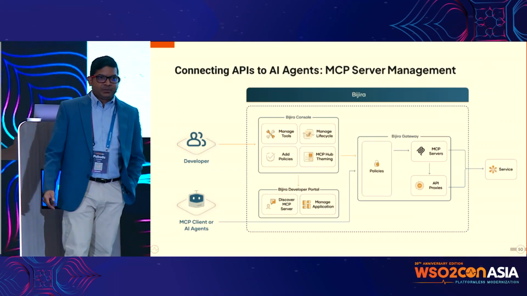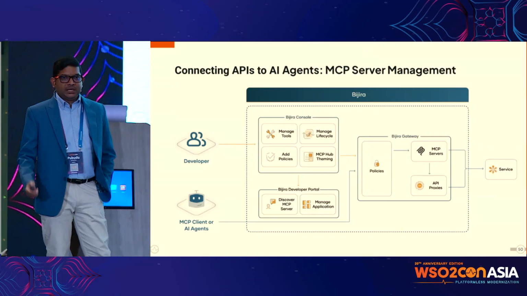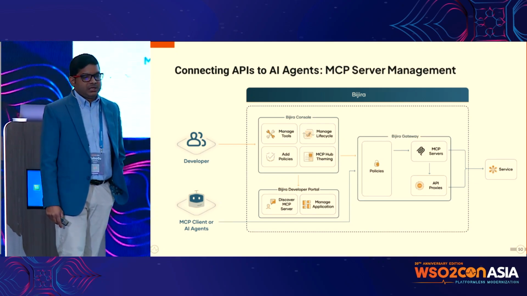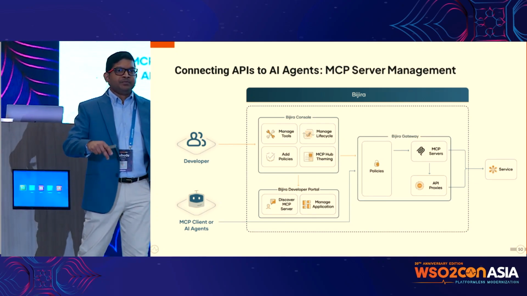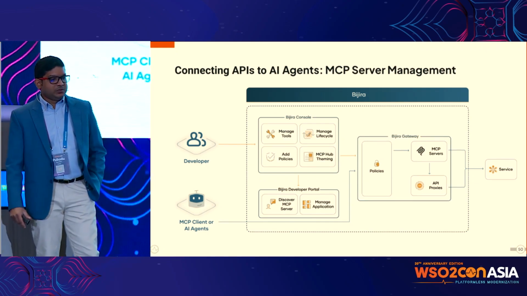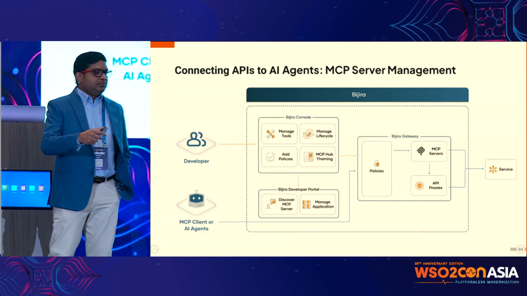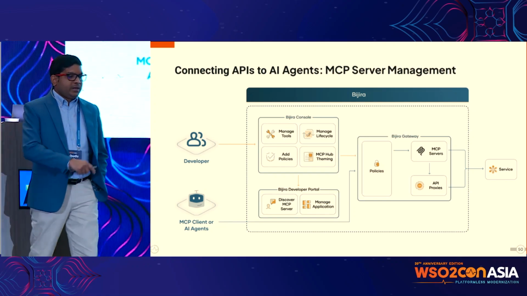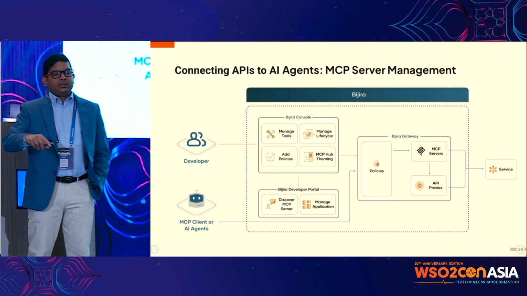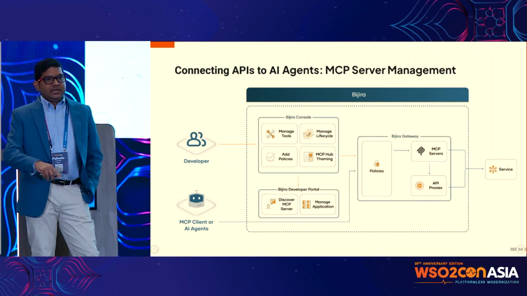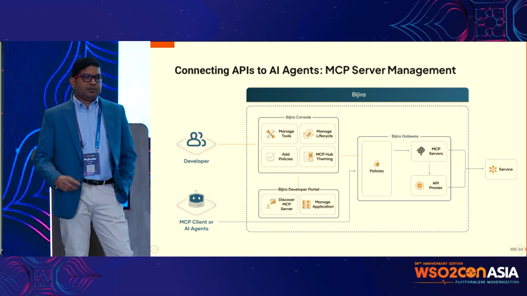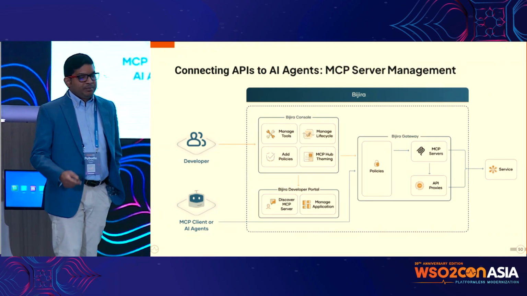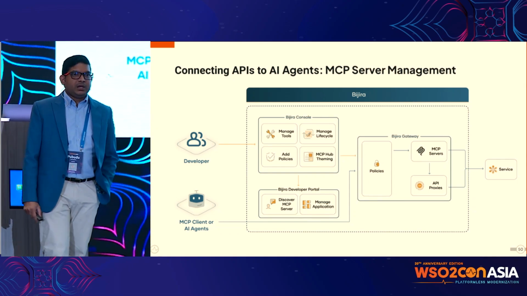capabilities in Bijira. So now with this, we have the MCP server management, where in the Bijira interface, you have the tool management. So MCP is a collection of tools where you have the tool management, you can manage the lifecycle, you can add policies, and also then you can have the theming for your MCP Hub as well. So MCP Hub is an API discovery portal where you can